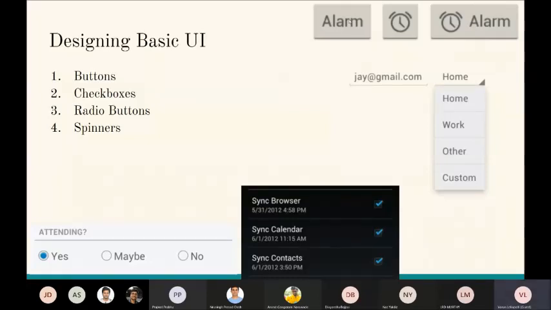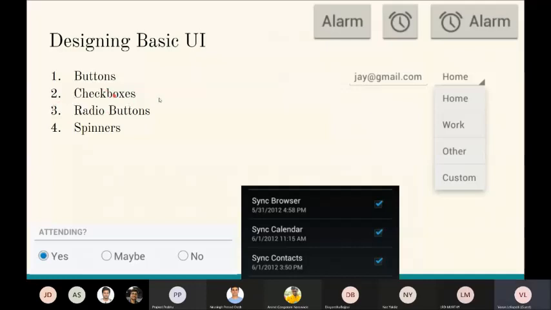Buttons are like these. On the top, as we can see, these are the buttons. We have three types of buttons in Android Studio. One is the basic button, the normal one. Another is an image button, which has an image in it. And this is a button with an image. These are the three types of buttons that you can create. We'll be looking at these three types first. After this, second, we have checkboxes.